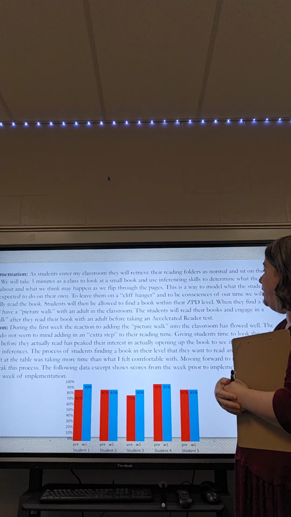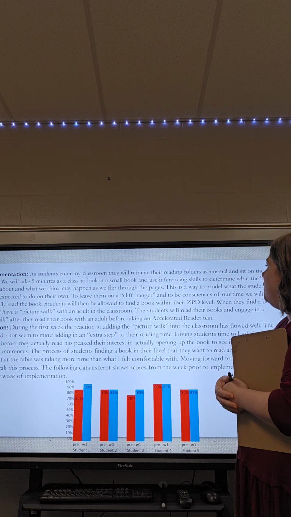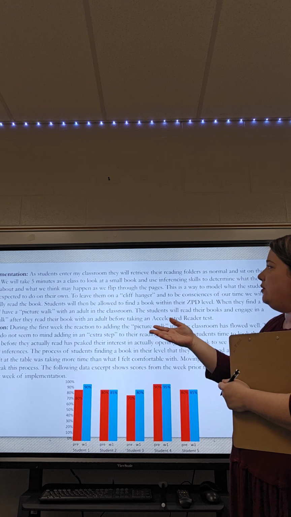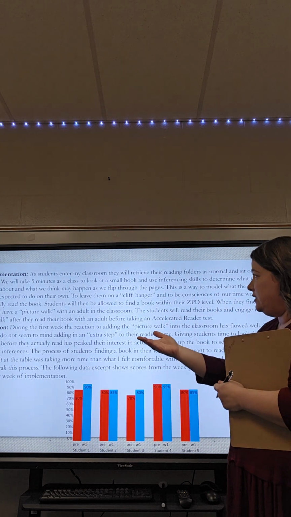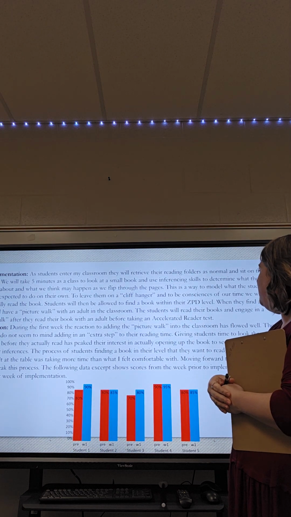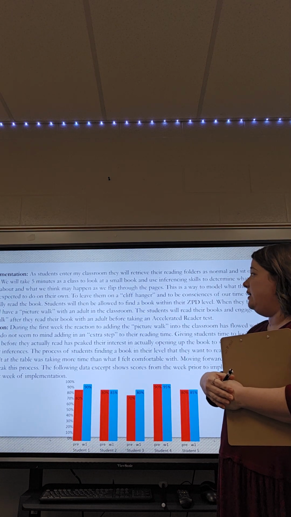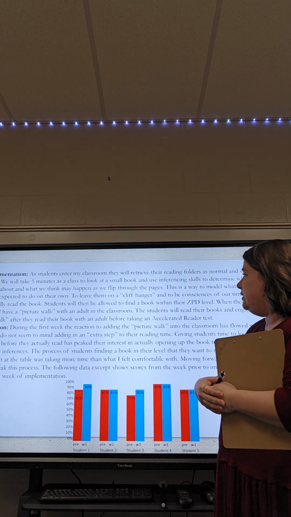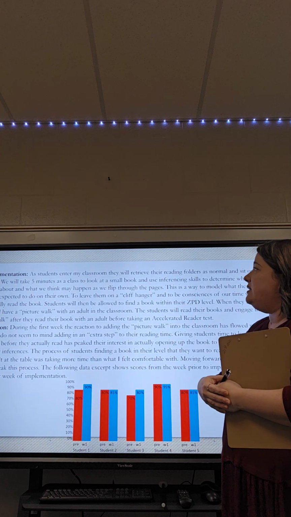This will also help with our time issues. Once the students find their level of ZPD, they will go to their seat, talk to the adult, have their picture walk with the adult in the classroom, read their books, and then at the end they will do a book talk before they take their Accelerated Reader test. Now once I put this into play in the classroom,